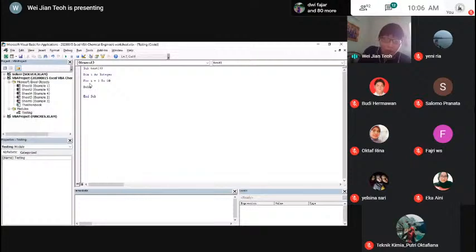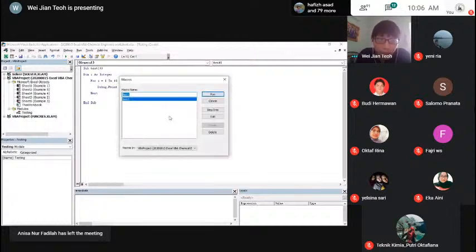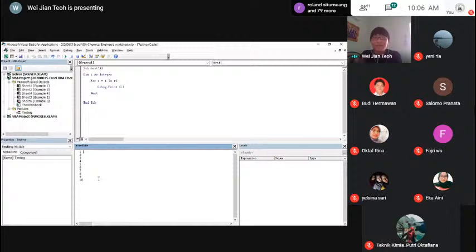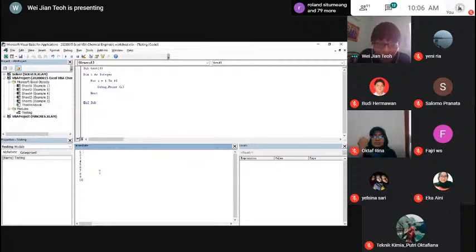So I'm going to use the keyword debug.print. And then next. Usually what I will do is I will put in a tab here just to show which lines are part of which part. So in this case, debug print inside this loop. I'm going to do this tabbing, so it's going to show clearer. And I'm going to just click run. And it will tell me macro name test1, because the name here I defined as test1. So click run. You can see in the immediate window, it just tells me 1, 2, 3, 4, 5, 6, 7, 8, 9, 10. Simple as that. Yeah. So if any questions, please type in the chat box, I will answer them.